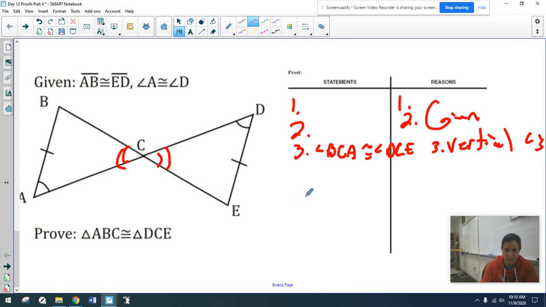Okay, got 3 pieces of info. So next, triangle congruent statement, which they gave me right here. And then these are angle, angle, side. Okay, so